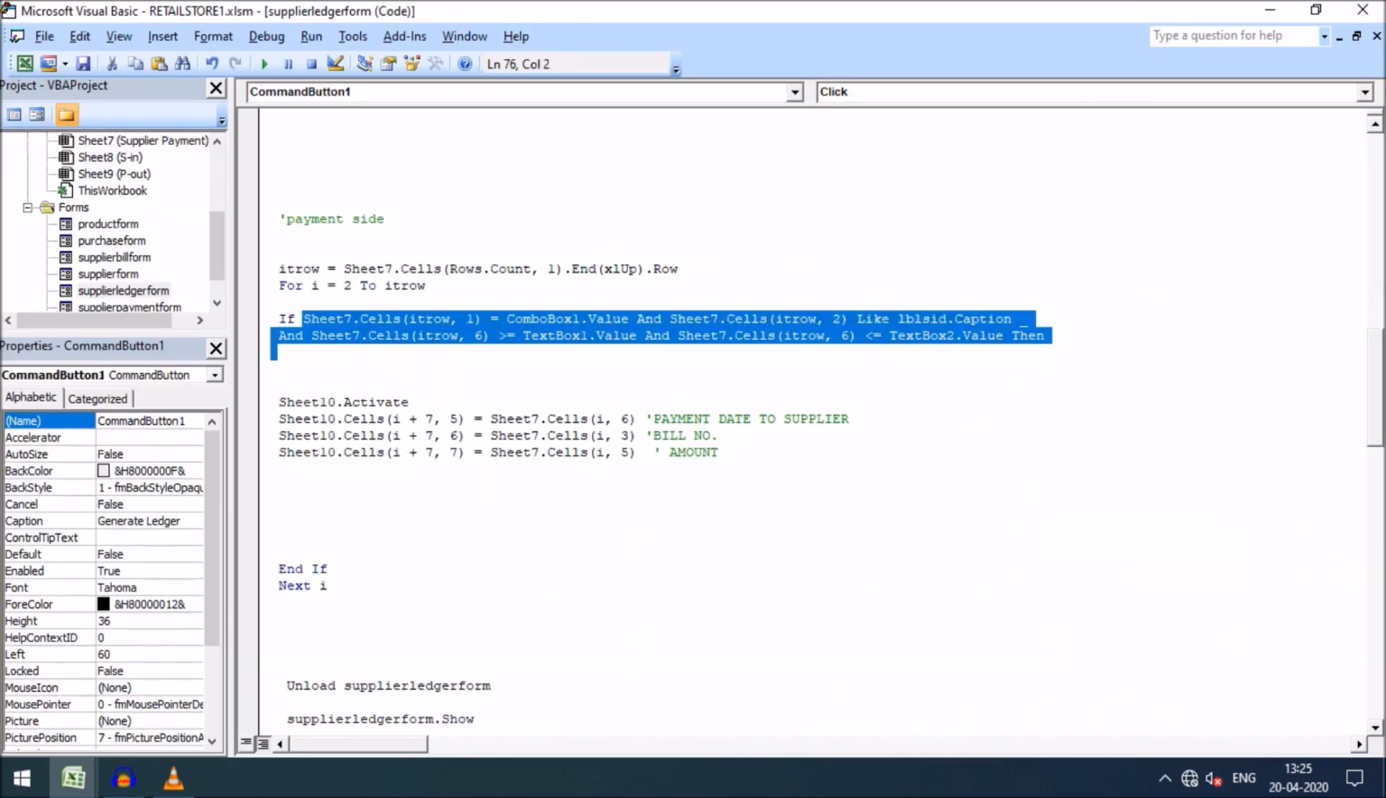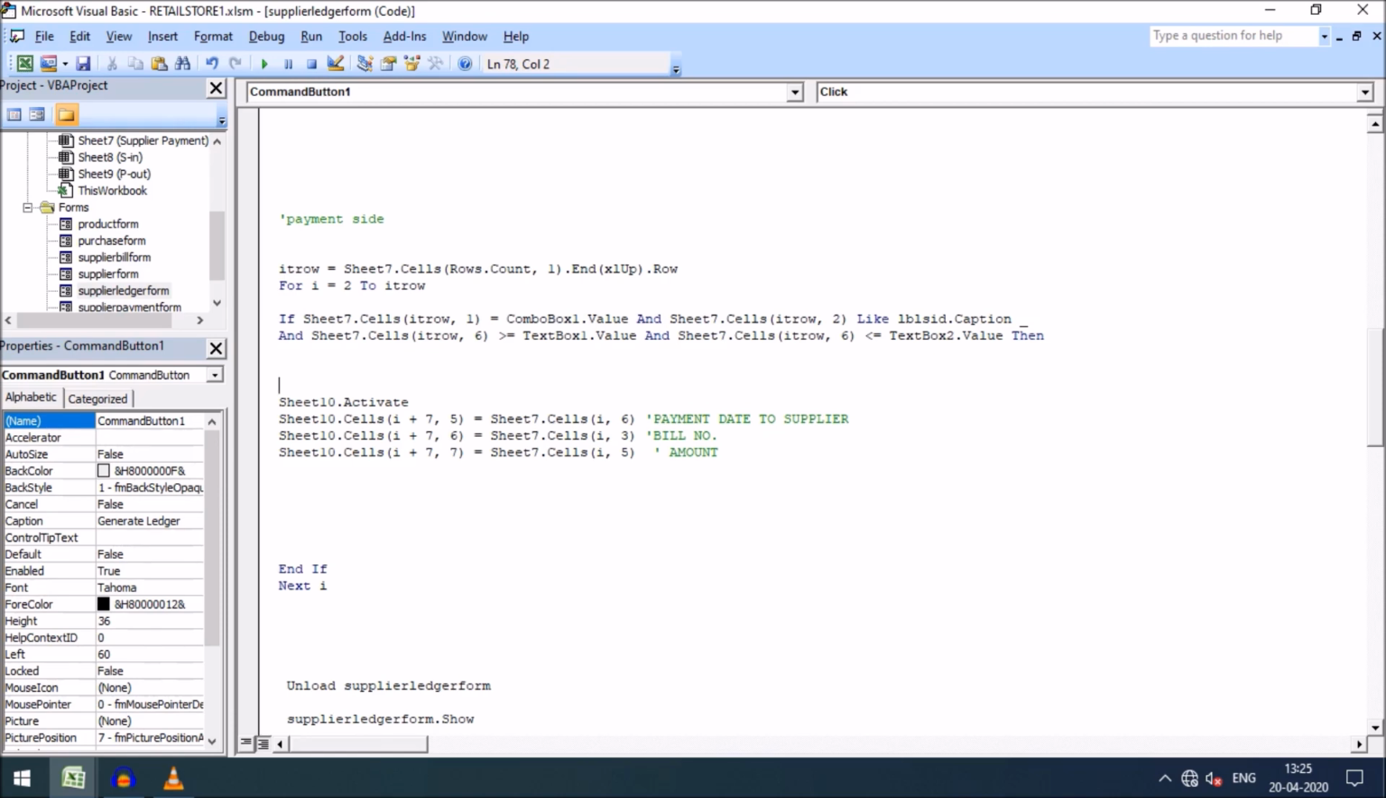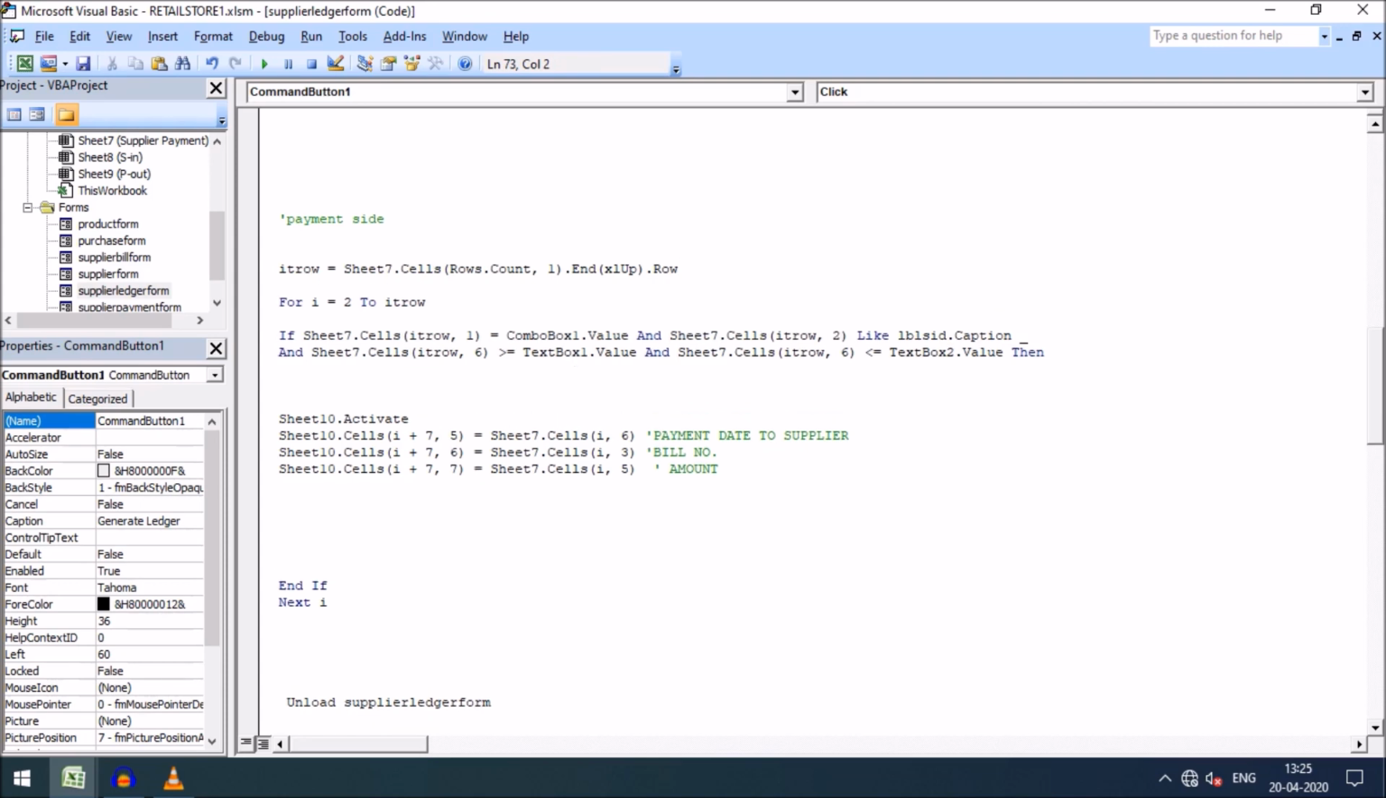under this condition, and you can see I have assigned a variable IT row, and IT row holds the total number of rows in sheet 7, and then I used a for loop up to IT row. Here you can see the first, and if this matches with this, and if the second column matches with this, and if this third column and if the sixth column is greater than the value I will enter in text box 1, that is the starting date value, and if this is less than or equal to the finishing date or the to date, then